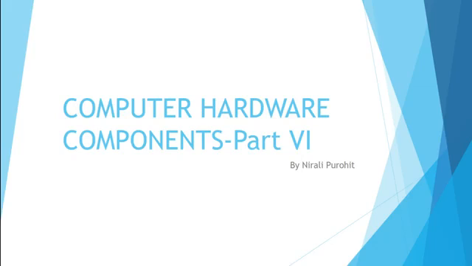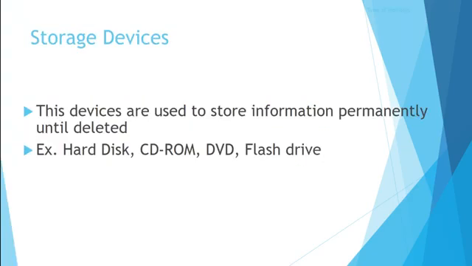What are storage devices? Normally when you write a letter or an Excel file or make a PowerPoint presentation on your computer, if you don't save it, it will be temporarily present in random access memory and will be removed as soon as the application is closed or when the computer is shut down. If you want that data to be saved permanently, then you have to save it, and that saving is normally done on a hard disk or a storage device.